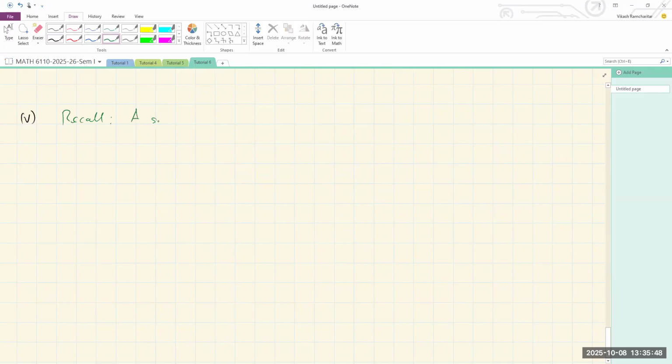A sequence xn is said to be convergent to a point x in X. This is of course a sequence in X. A sequence in X is convergent to a point in X if